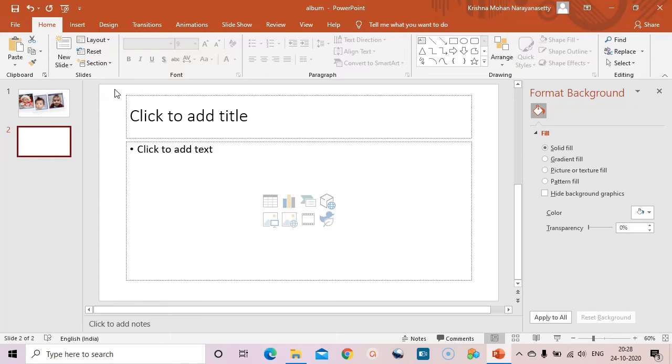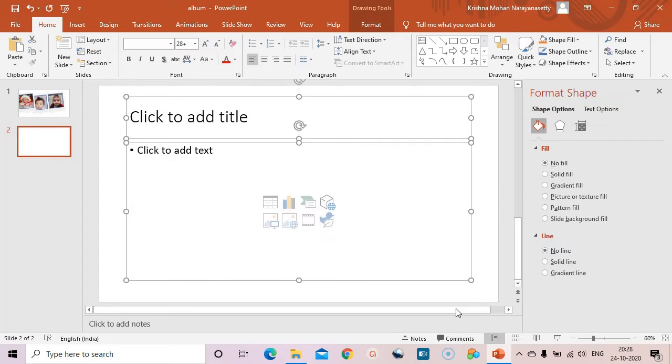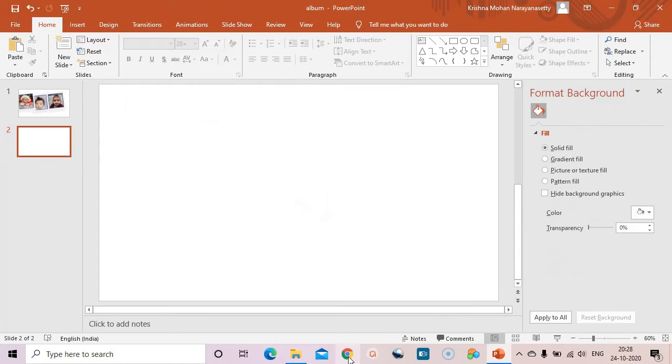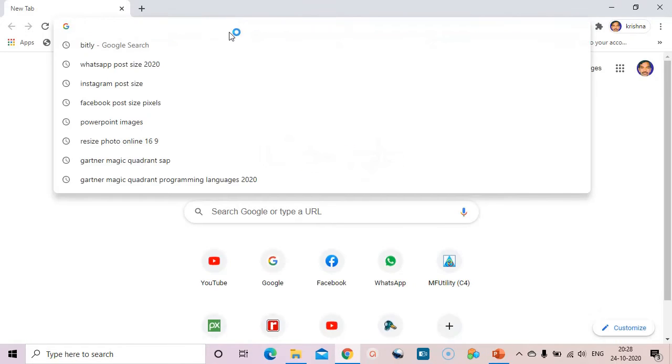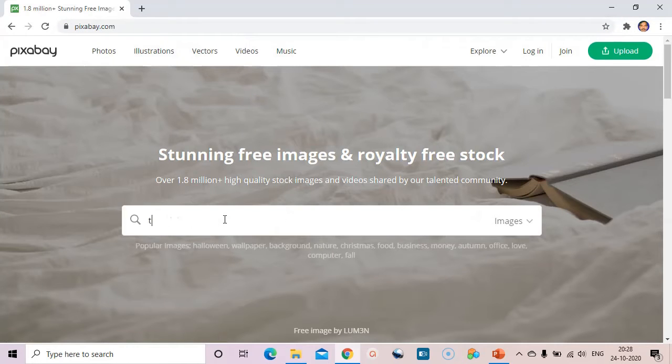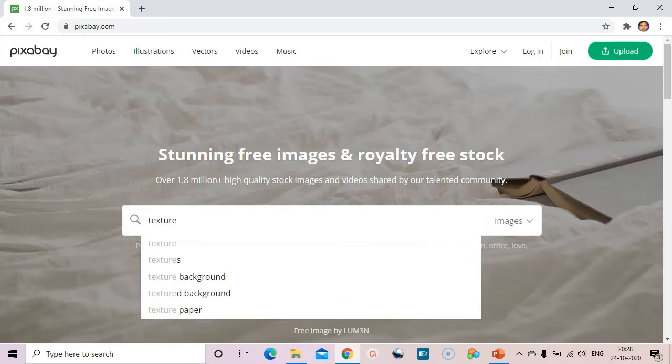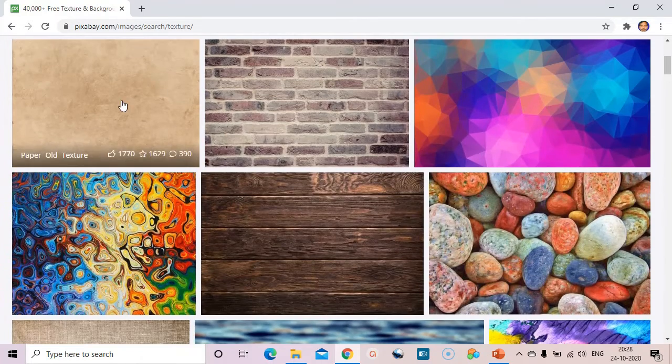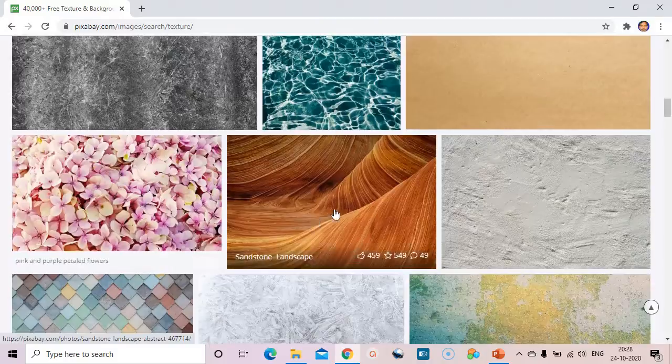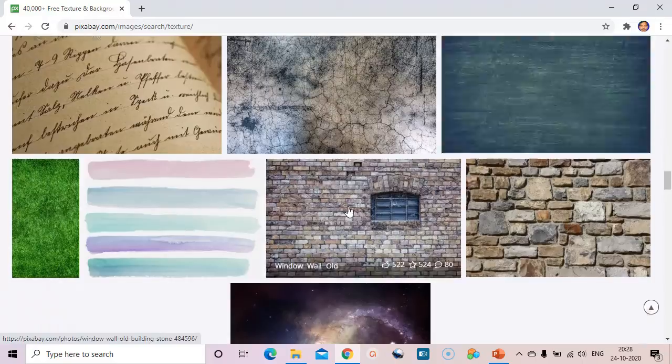Here we need to take a background for the album. I have already downloaded a texture background. If you want, you can download it from Pixabay. So I'm going to the Pixabay website and type texture in the images, and click enter to search and download any one background.